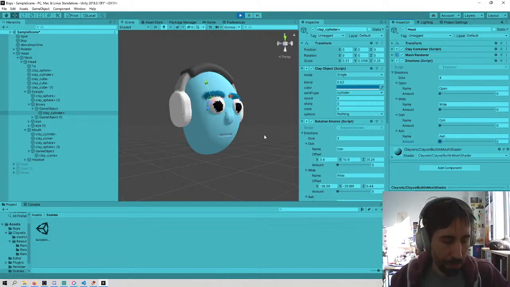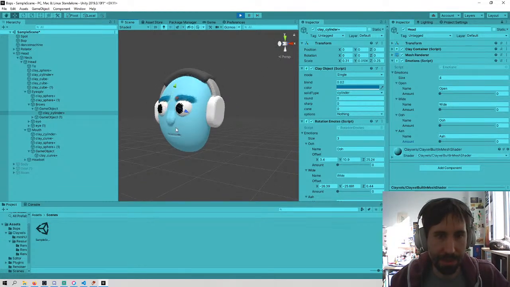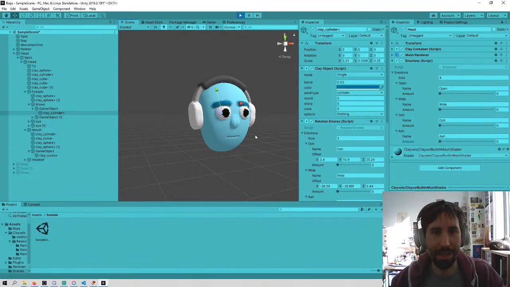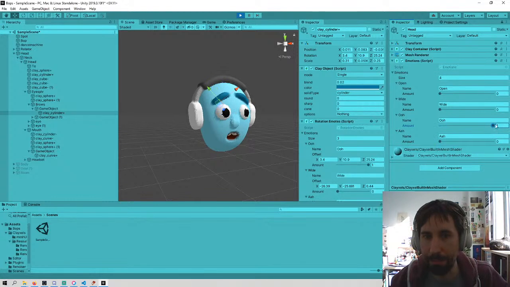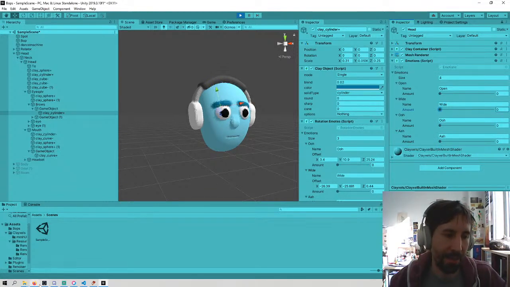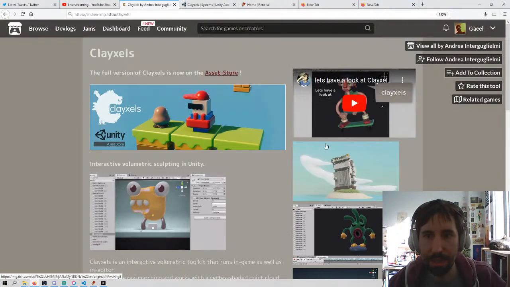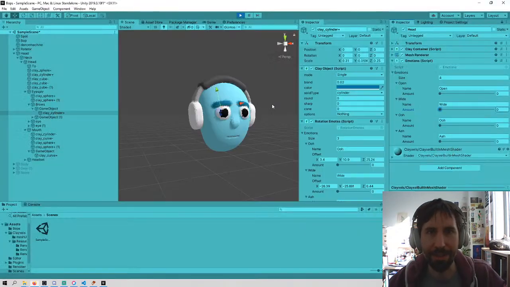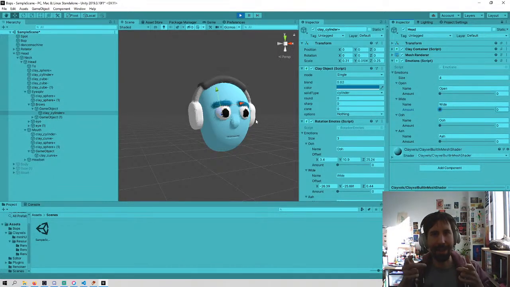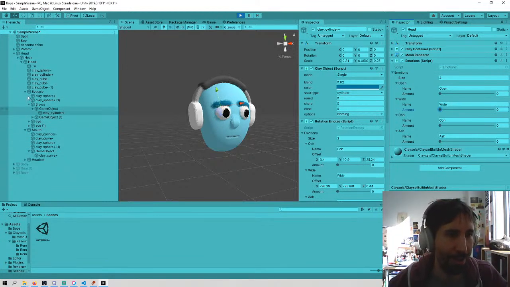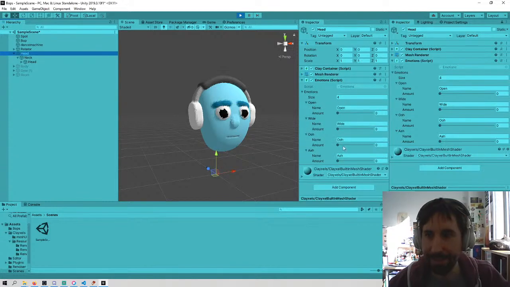Cool. So that's what's really nice about Claxels, is that it kind of behaves a bit like clay, but you can also animate it dynamically in game. There's some really nice examples on the Claxels website of people using it. There's a video of somebody who made a shooter, and when you shoot the characters, chunks of the character will be blown out, because the way you can remove a chunk from the character would just be to add,